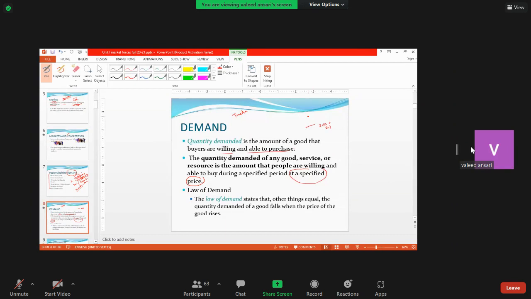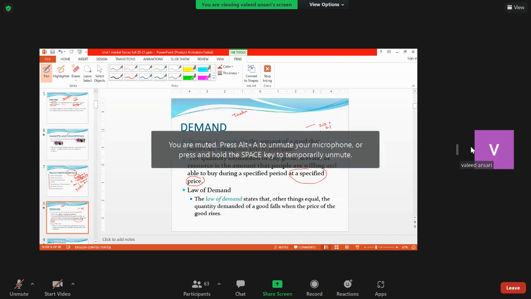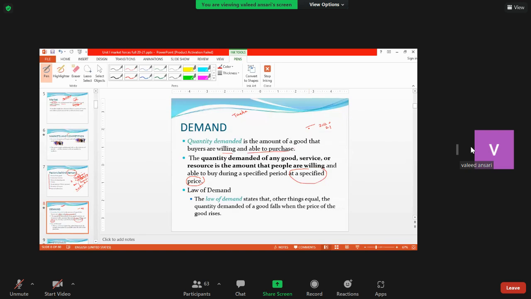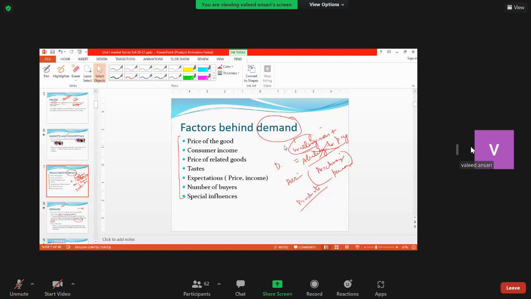So the specified price, the period is also specified. Otherwise, it is not open-ended. Demand is defined as the demand for a particular product at a specified time. Otherwise, it will not. Now, when we are discussing demand, then like these factors which are here, price and so on and so forth,